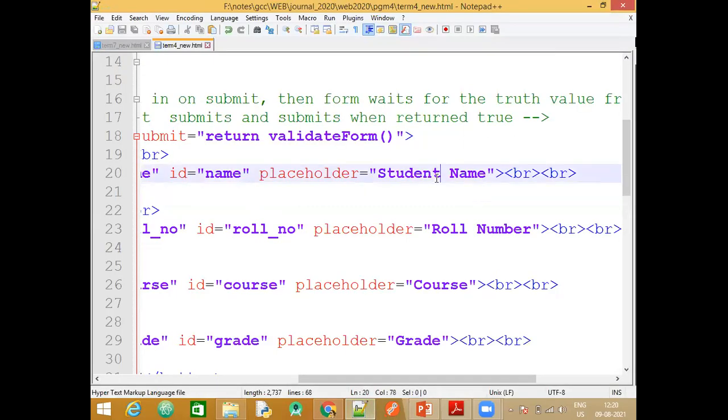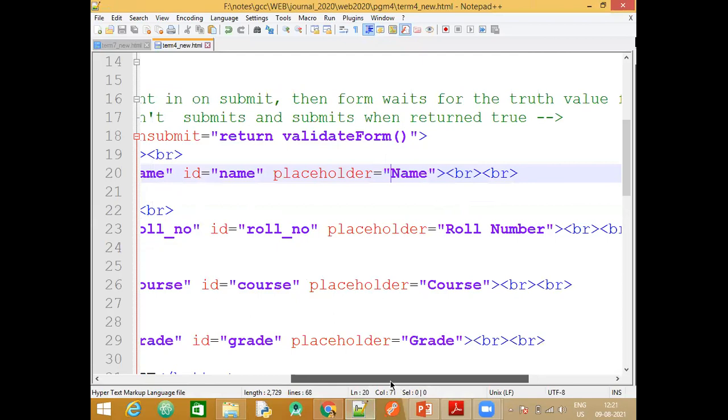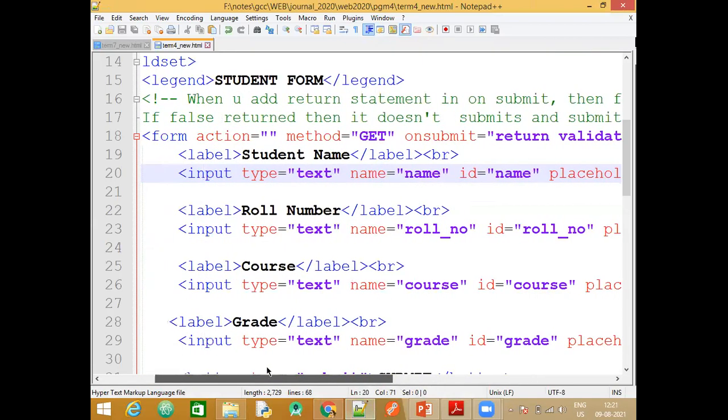For example, I will just remove this student. Let me just keep it as name. See, the student name has been changed to name. So this is called a placeholder. Similarly, four text boxes are created.